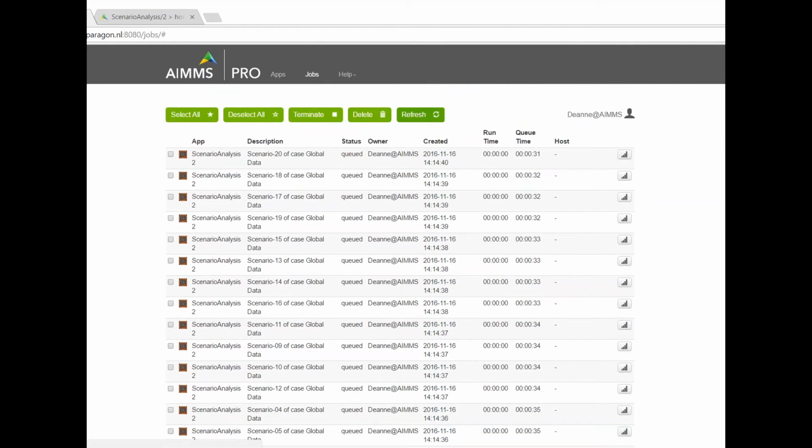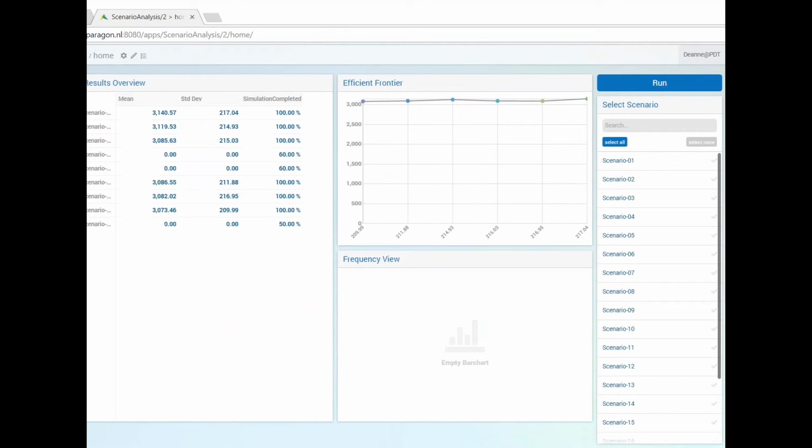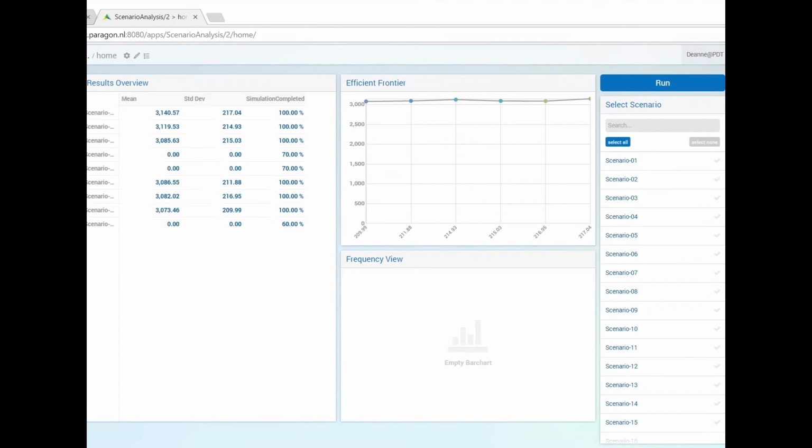So let's do a refresh. So we see they're more finished. Some are still running. So if we go back to the AIMMS interface, because of the setting of this Pro project, there are additional settings which are not included in this webinar. They also set up the communication between server and the client, which is my current web session. So make sure that the data is sent back to the client